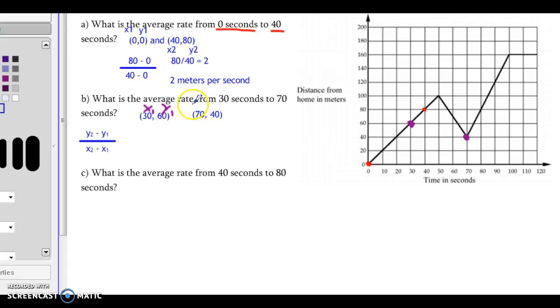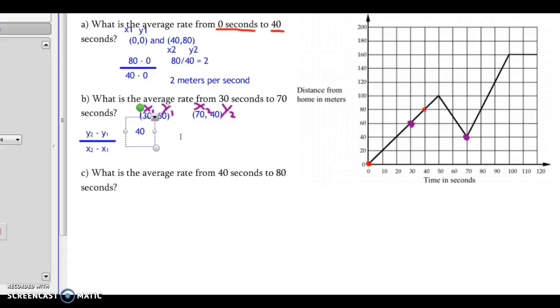This one, it's our second point, so we'll say this is x2. I'm not saying x squared, it's just the second x value. And then y2. Again, not saying y squared, it's just the second y value. I'm going to plug them into the formula, y2 minus y1, which means 40 minus y1, which is, I believe,